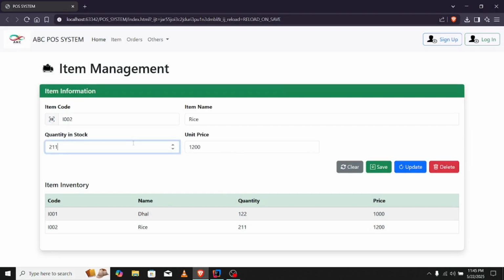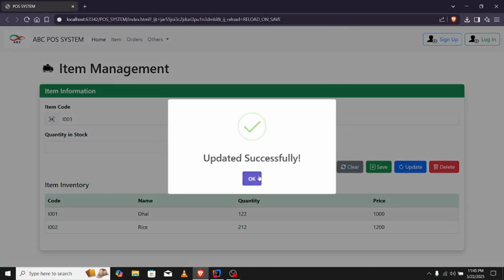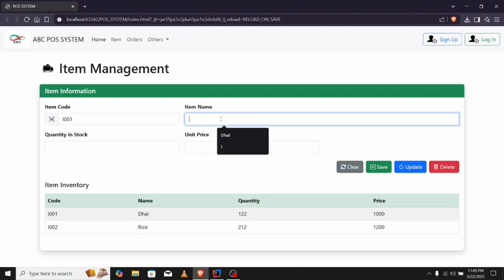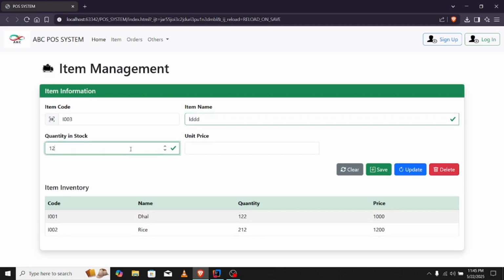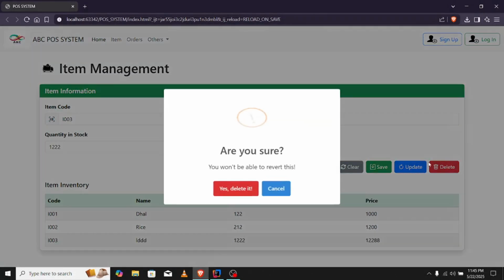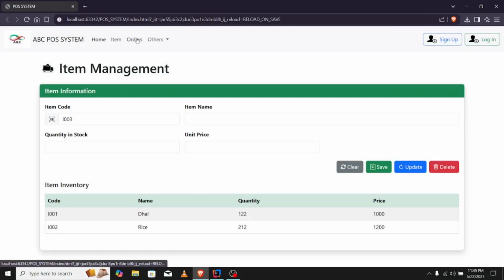Now let's update. Yeah, you can see it is updated. Let's add some other data to check the delete button. It is also working. Now let's go to orders,